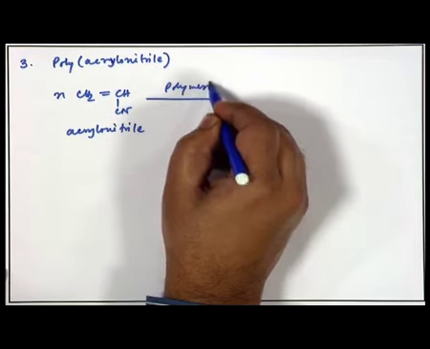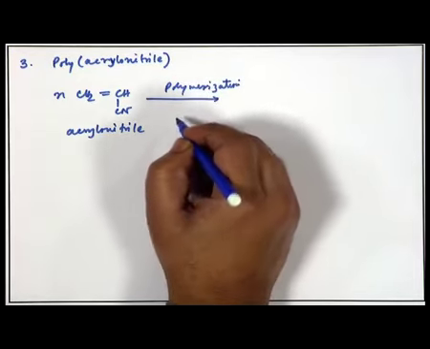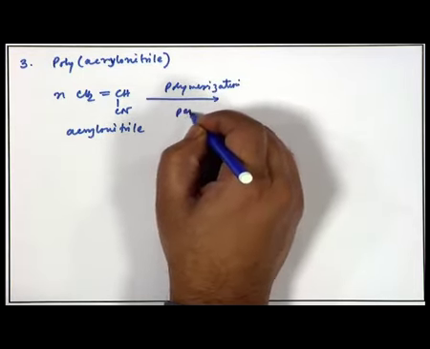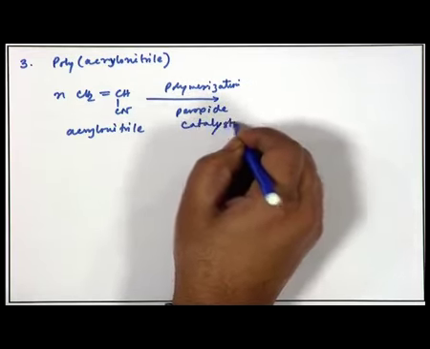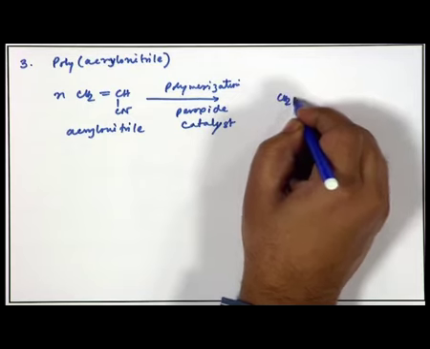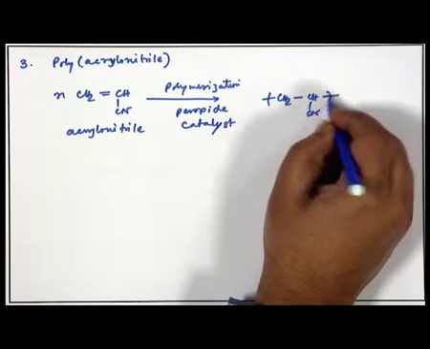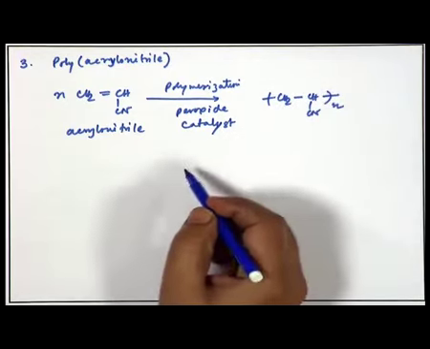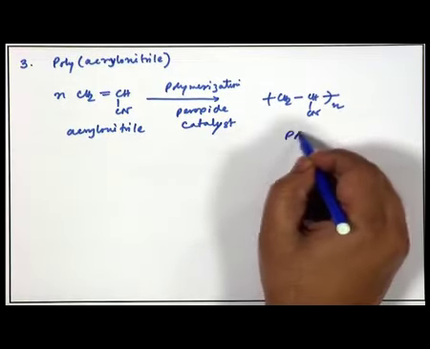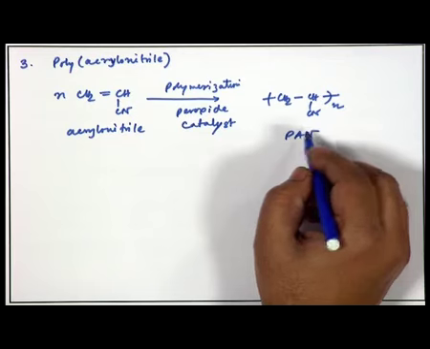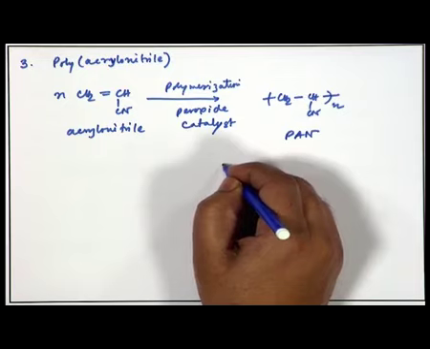Polymerization, so you can use peroxide as a catalyst. Polyacrylonitrile we can sometimes write as PAN. It is used as a substituent